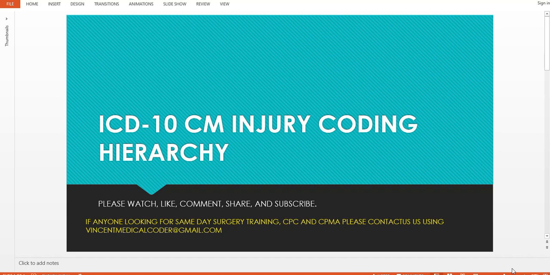In medical coding, while we are using ICD-10, one of the most confusing concepts every medical coder faces is how to code when a patient is having multiple injuries at the same site. So this is very important to know which one we need to code, as smaller injuries are included in the